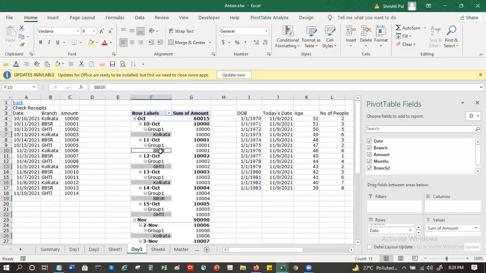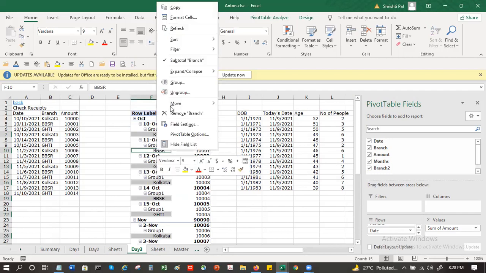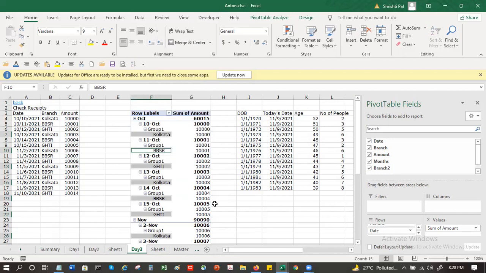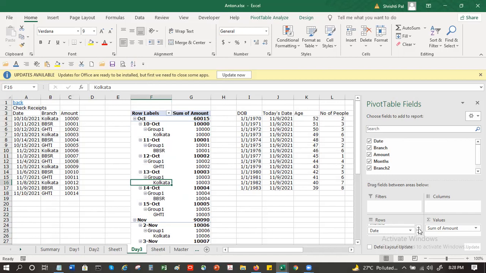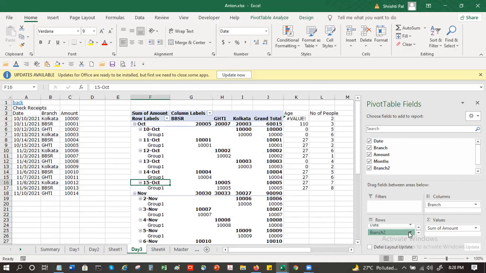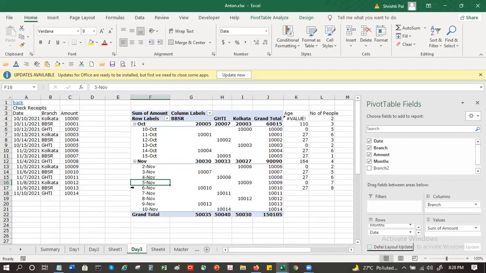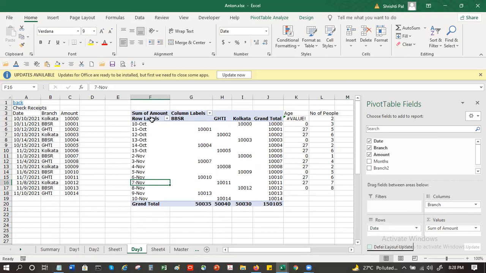If they give an option, you will see the options over here. So this is the day wise total by branch.